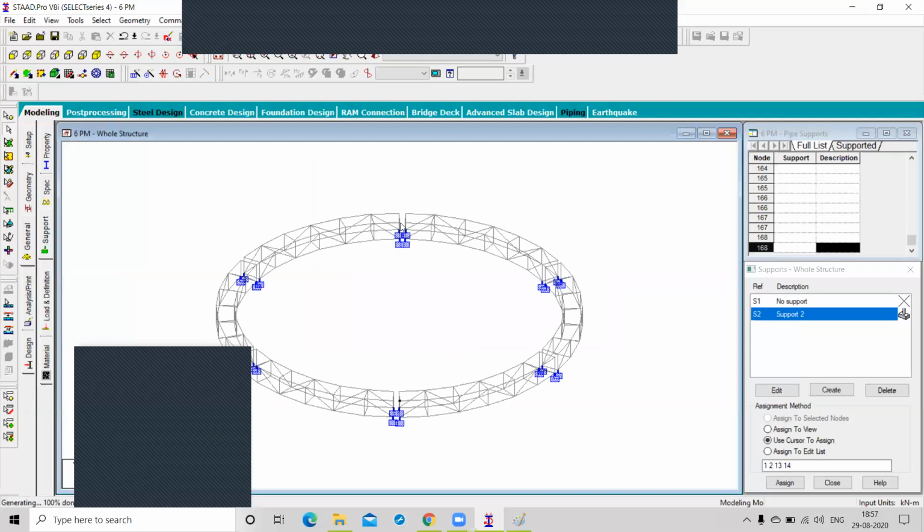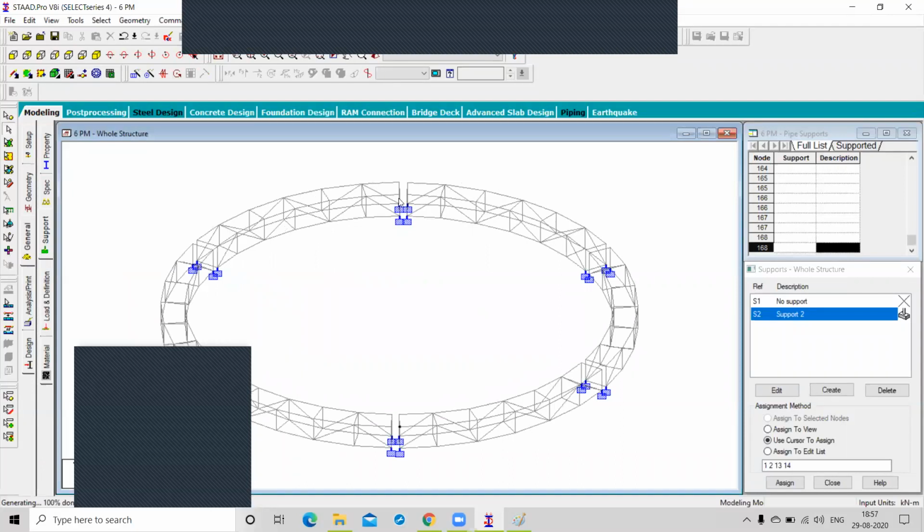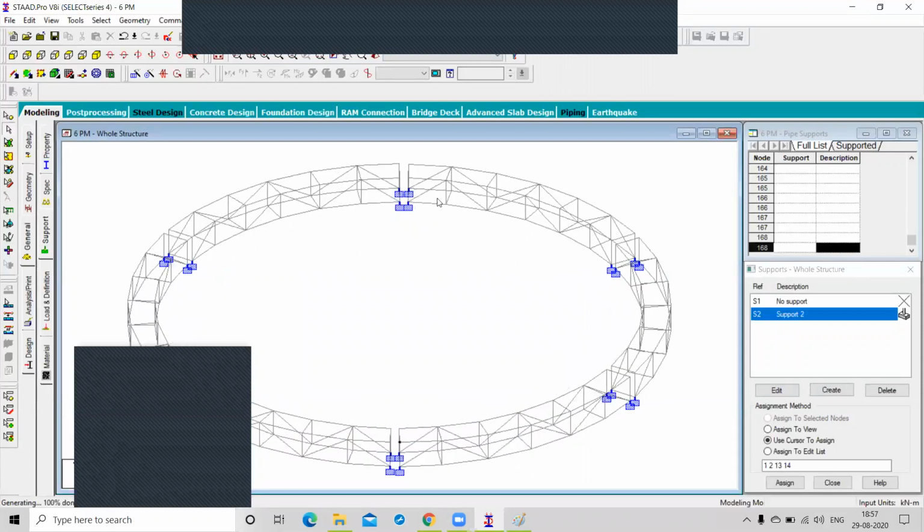And why am I taking the 9 degree in the end or starting? Because I have to specify the 2 degree gap in between these trusses. That's why I choose to cover only the 58 degree. Yes or no? So understand why I take the 9 degree distance in the start and in the end. Understood? Any doubt in creating the circular grid or while using circular repeat or the rotate command?